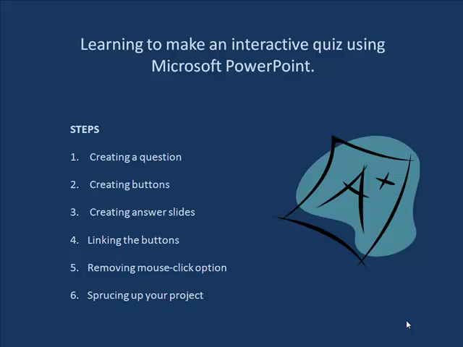slide that you make. Before moving on to step 4, we're going to repeat steps 1 through 3 again to create a second question. Once we have 2 questions created, we will link the slides together based on the buttons we've created. Then we will remove the mouse click option, which will allow the viewer of your quiz to move on to the next question only by clicking the buttons that you've created. And lastly, I will show you ways in which you can improve the overall look and quality of your interactive